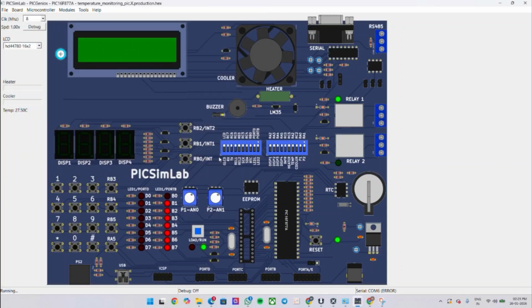The PICSimLab software is mainly used for simulation of embedded systems, and here there are many tools like LCD, potentiometer and so on. Unluckily, we don't get the output of our project, and